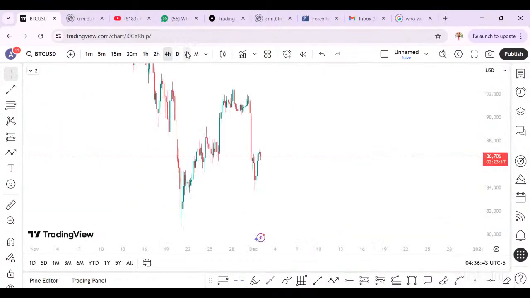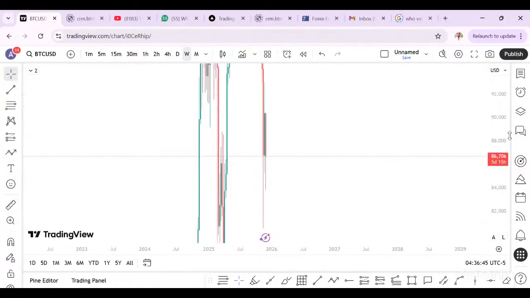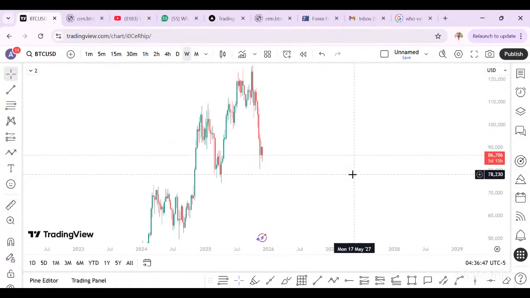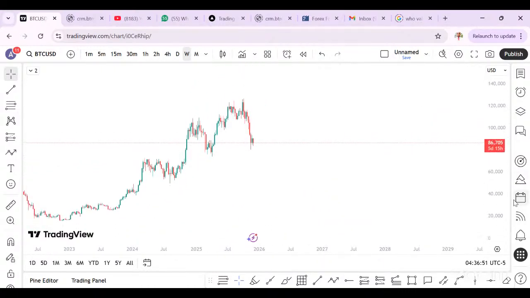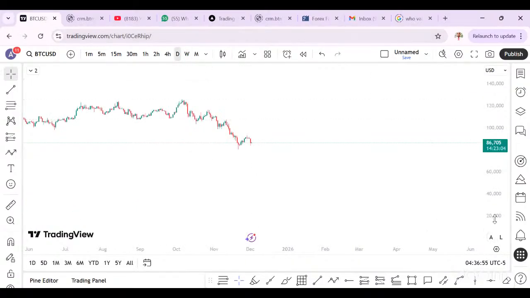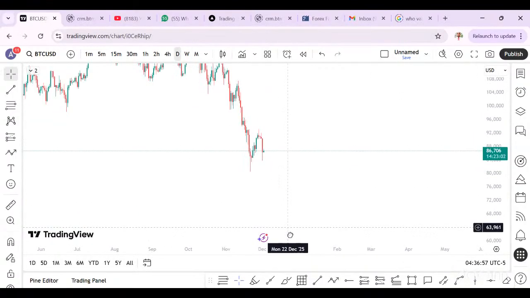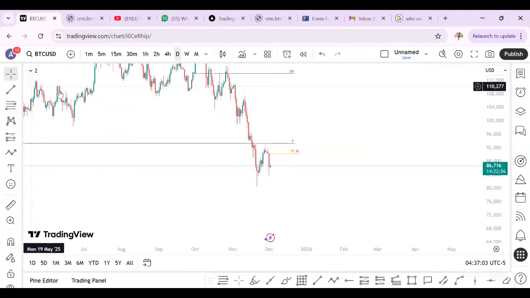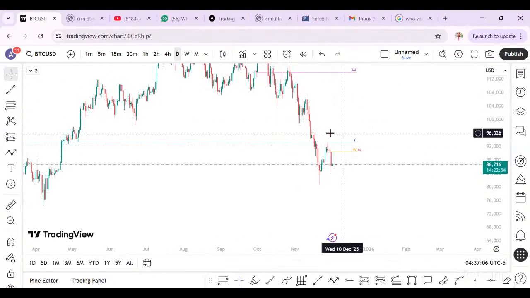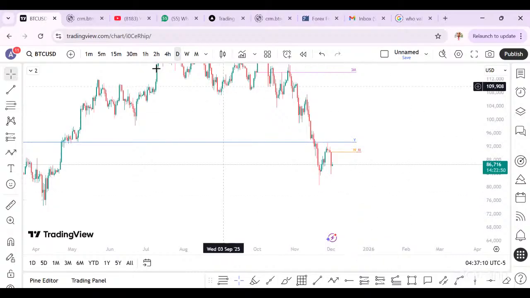BTC, where are we on BTC? I'll be announcing that, for me, BTC is still bearish. So I still hold on to that bearish view. Weekly is seriously bearish. Daily is already bearish. You can see the price tapped into the yearly open and we had a crash. So BTC is still bearish, sir.